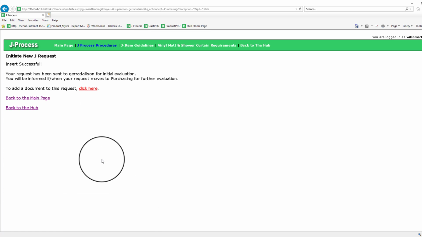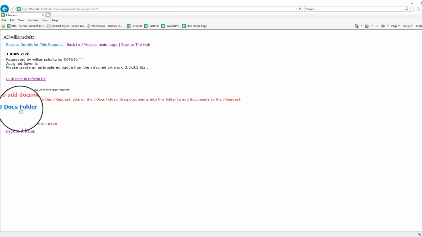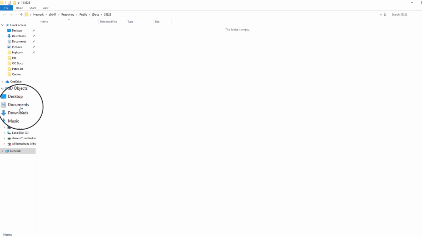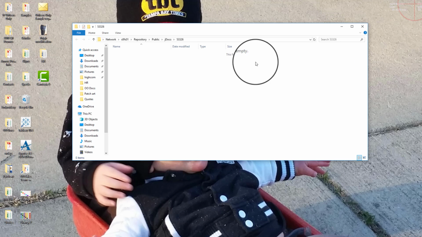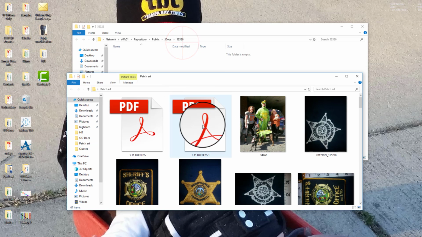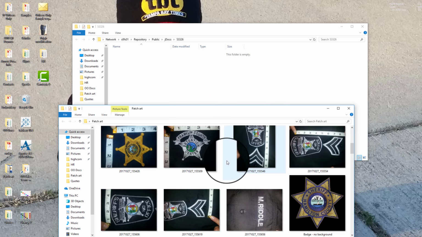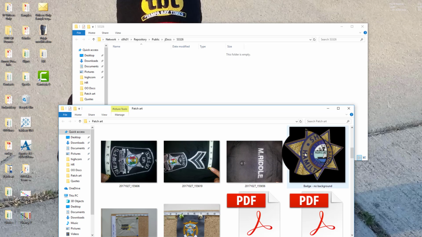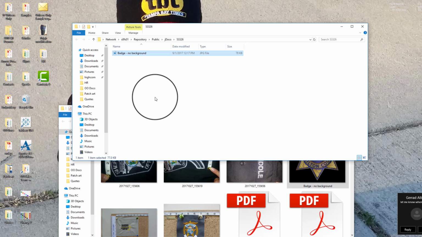Now the most important thing for your J when you're doing an embroidery is to make sure that you have uploaded the art. So I need to add a document. So I'm going to click here and then I'm going to open the J document folder. Once this is open, I'm going to need to select the item that I want to place inside of this folder by opening either my email and dragging the file and dropping it, or by opening up where I have my patches and artwork saved. Once I have that open, I'm going to scroll down and find the artwork that I need to attach. And in this case, it's here. Now that this is downloaded, we can actually close this file,